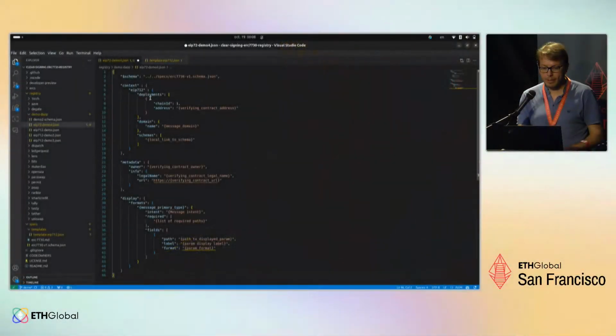So this is what this JSON file looks like. It's basically made of 3 parts. The context part describes a little bit what the file applies to. So typically here we are telling this is an EIP712 message that is part of